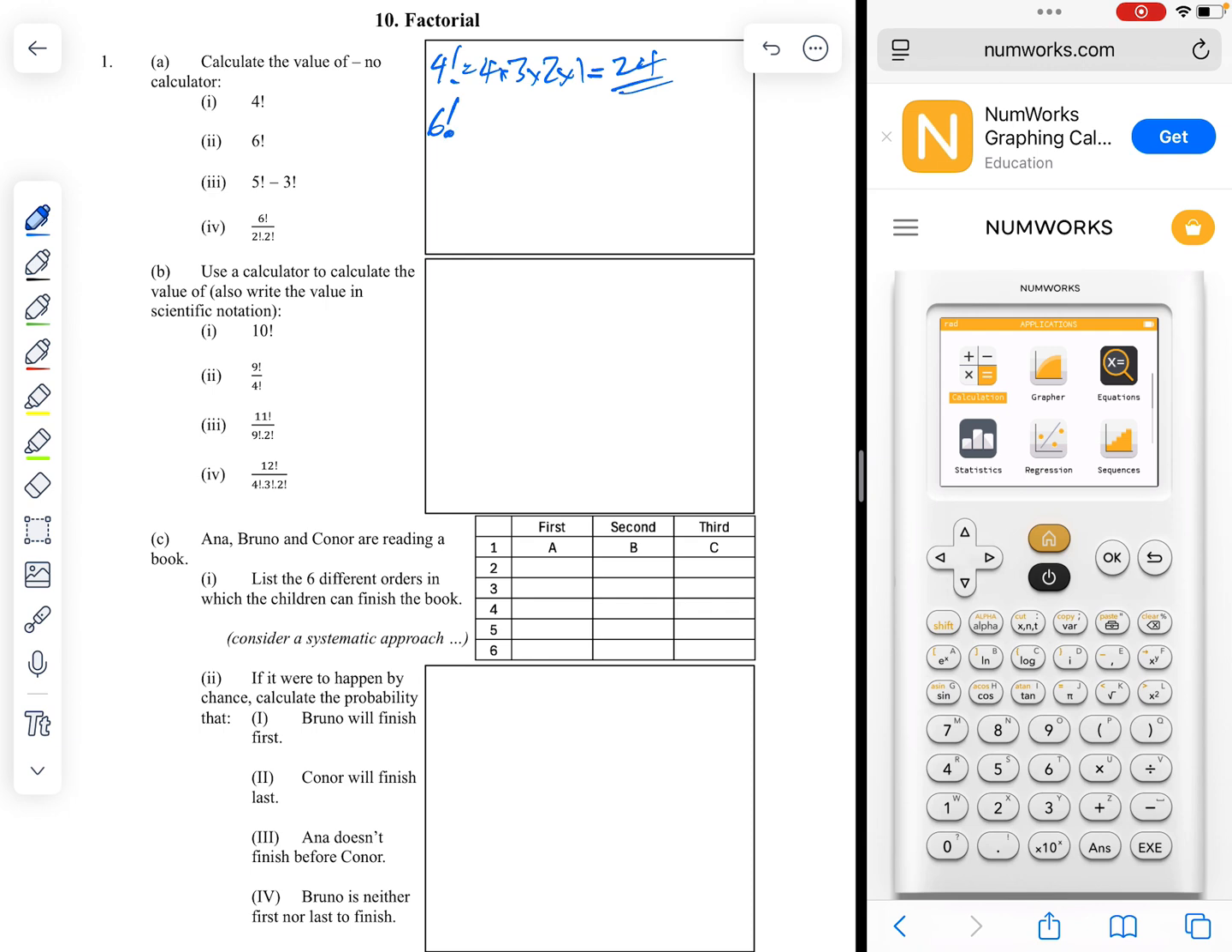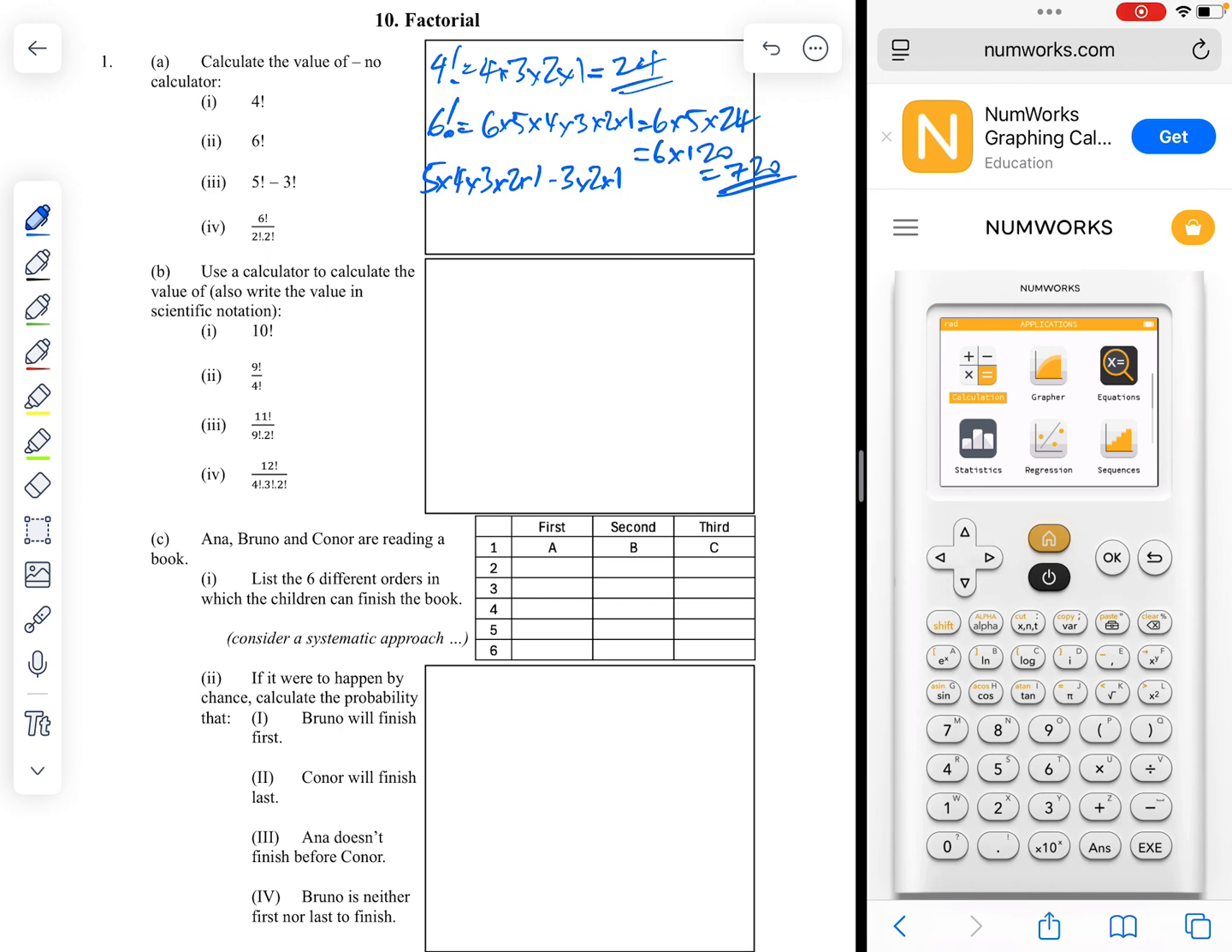6 factorial, so that's 6 times 5 times 4 times 3 times 2 times 1. One way of doing that will be to say 6 times 5 times what we just had. 5 times 24 is 120, so we have 720. 5 factorial minus 3 factorial, so that's 5 times 4 times 3 times 2 times 1 minus 3 times